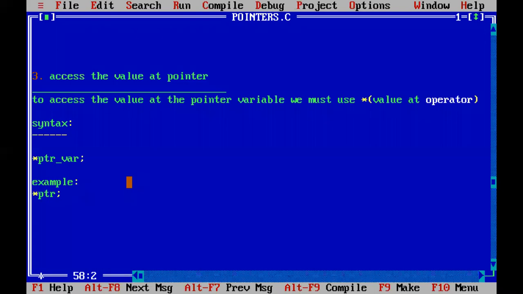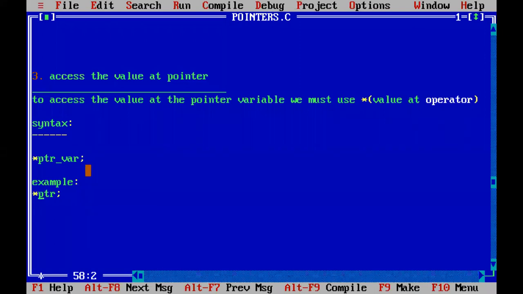So PTR means the address of a, that is 65524. So now to access the value at the 65524 location, we have to use the star operator, which is going to print the value at that location.